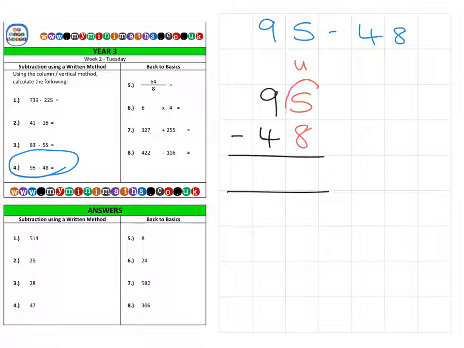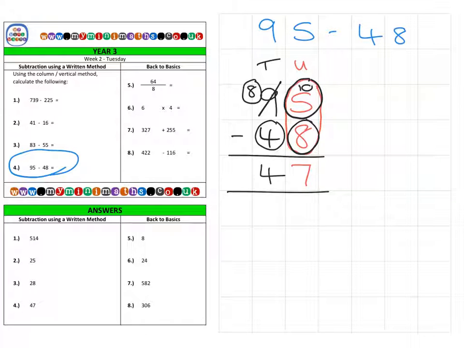We'll start with 5 apples, take away 8. Well, that's too many. So we're going to need to borrow from the tens column. So we'll start with 9 tens, that's 90. I'm going to borrow 1 and bring it over here, which leaves us just with the 80, the 8 tens. And I'm going to take my 15, take away the 8 to leave us with 7 ones, or 7 units. And then finally, the remaining 8 tens, take away the 4 tens, leaves us with 4 for 40, for a final answer of 47. And again, we can break this number down